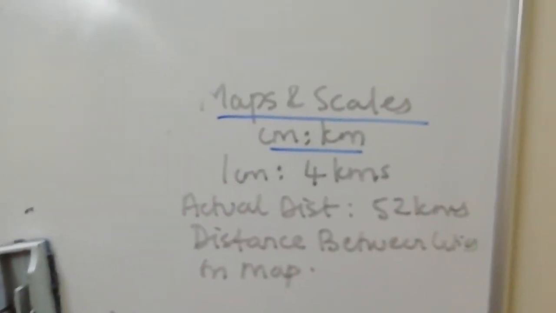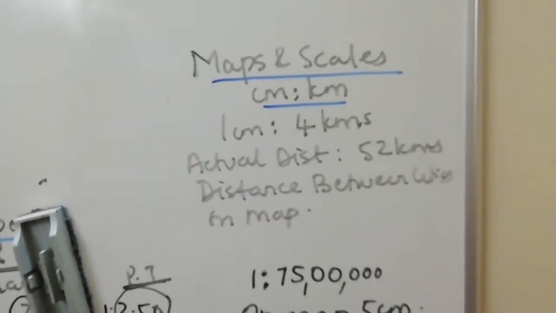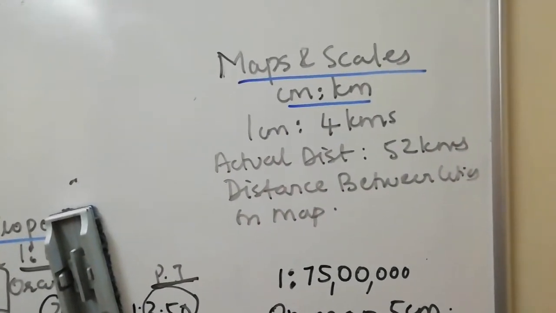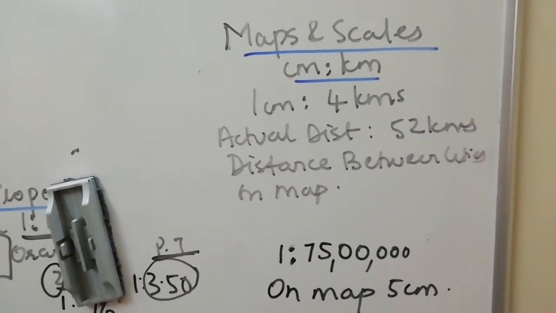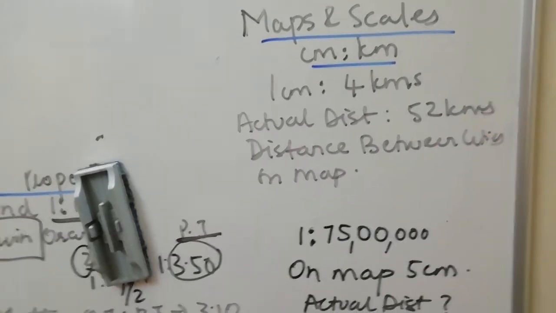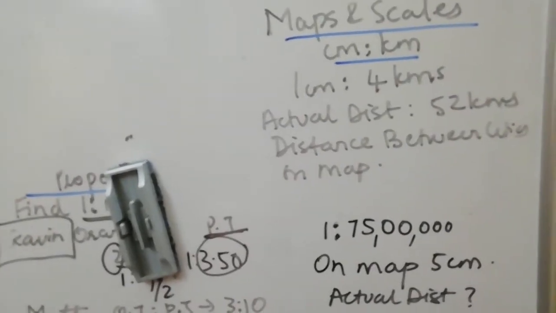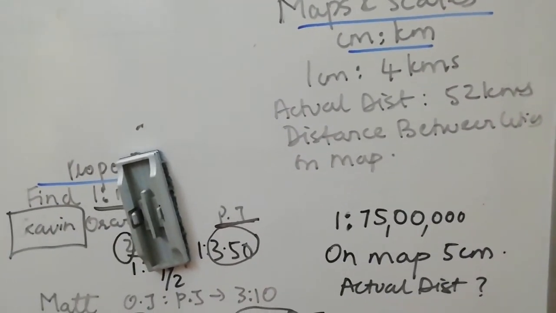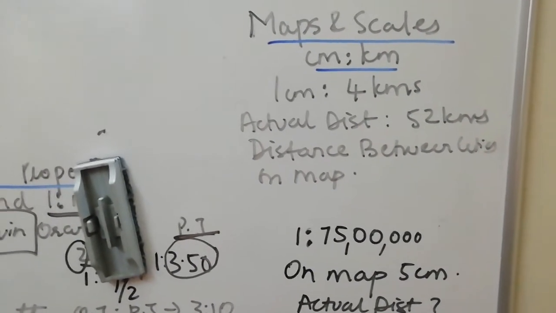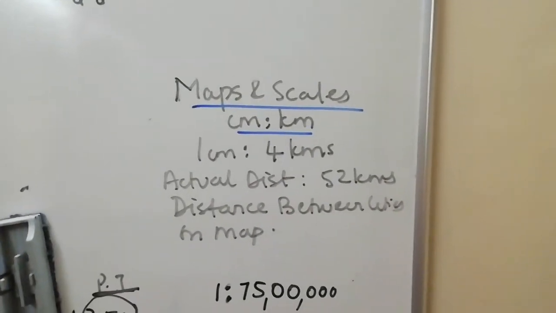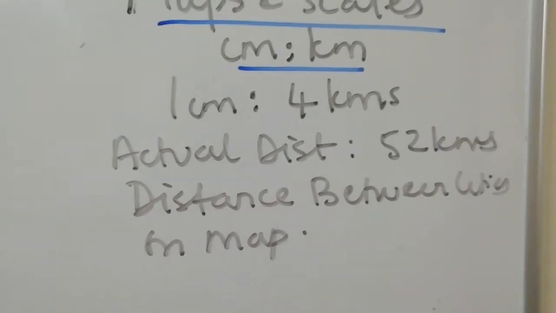Okay, now maps and scales is another form of ratio and proportion. Always remember, regular scales mean my distance will always be calculated in terms of kilometers. But if I want to represent this distance on the map, it will be represented in terms of centimeters, right? Because on a map, your distance will not be actual. It will be in the form of scale, and your scale's measurement is centimeters. So it will always be centimeters is to kilometers. For example, in this question, 1 centimeter is to 4 kilometers.